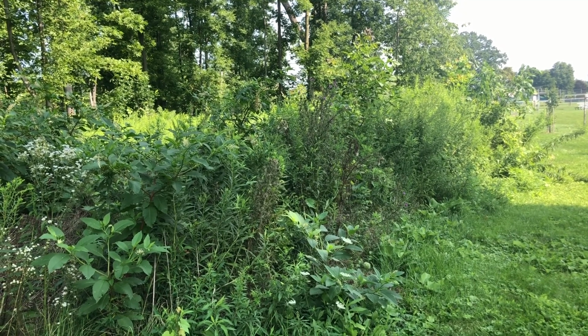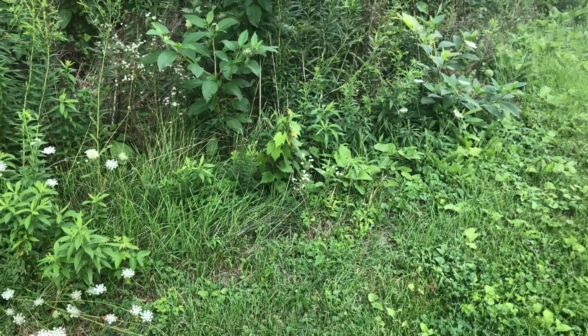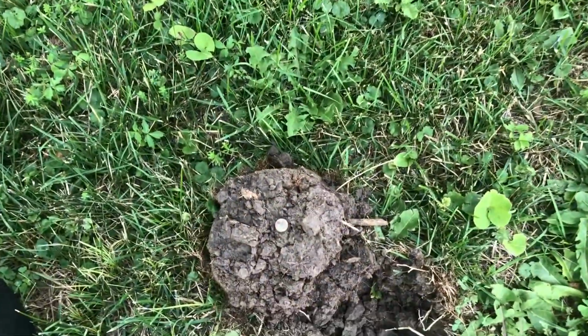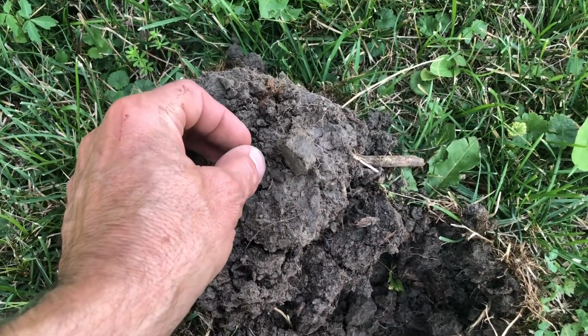And so I dig down about 5 inches, and I found a button, believe it or not. It's an older button. It's not like mid-19th century, but I didn't film the dig because I'm out here and I'm not sure what I was going to find. But here is